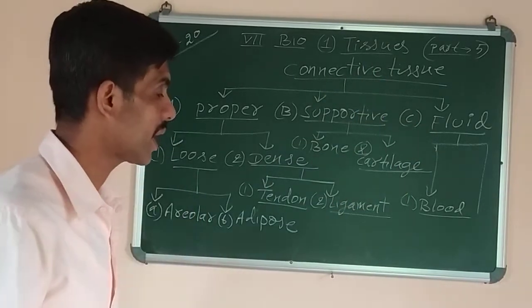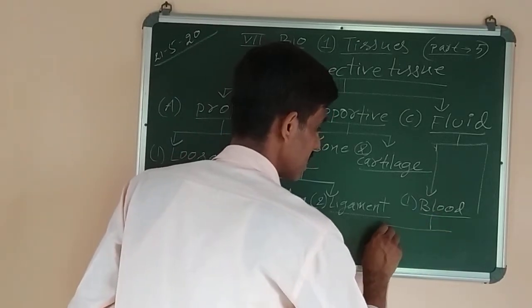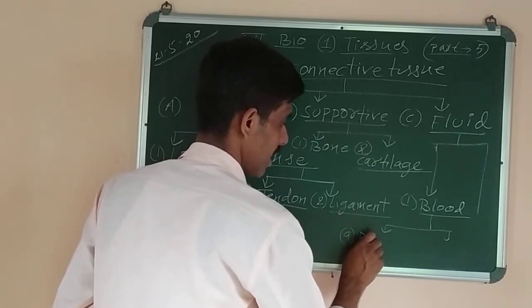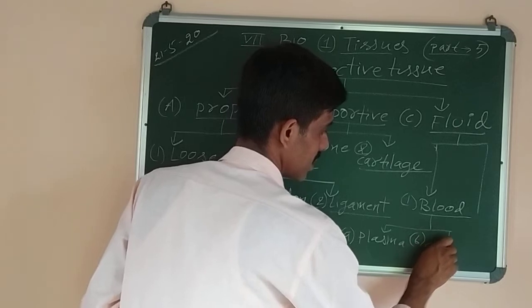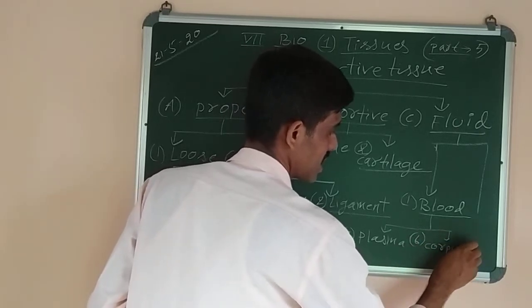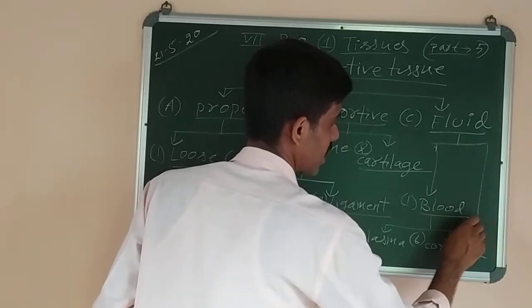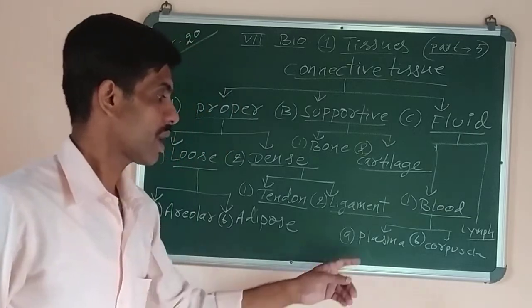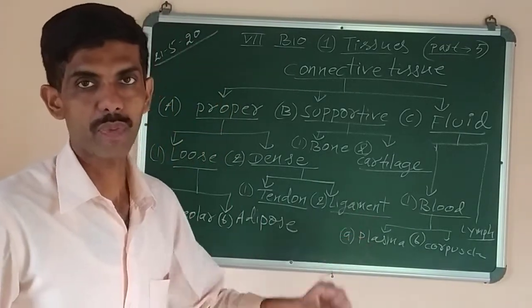And what is blood made up of? Now further if you classify, the blood is made up of two parts. The liquid part of the blood is called plasma, and the solid part is called corpuscles. Corpuscles means the cells, in simple words, C-O-R-P-U-S-C-L-E-S, corpuscle. And the second one is lymph, L-Y-M-P-H, lymph. So first complete this one, plasma and corpuscles. So plasma is the fluid or the liquid part of the blood.